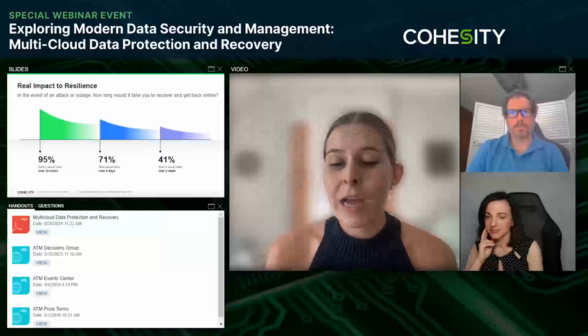Okay, great. So we actually just released a new report. This is from last year's edition, but I think this ties in nicely. We haven't talked too much about ransomware, but this really speaks to the impact if you do not have an effective backup strategy. Thinking about how long it would take people to recover in the event of an attack or an outage, 95% said it would take them over 24 hours. And a lot of our customers have said 24 hours or shorter for SLAs to get back online, so a lot of people aren't going to hit that.